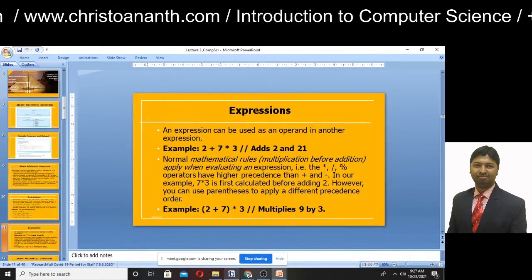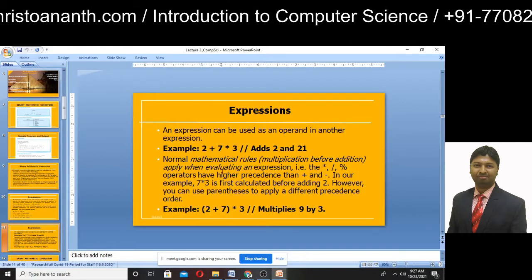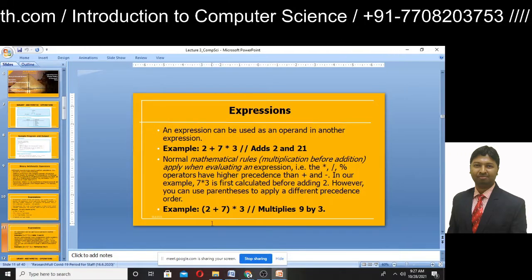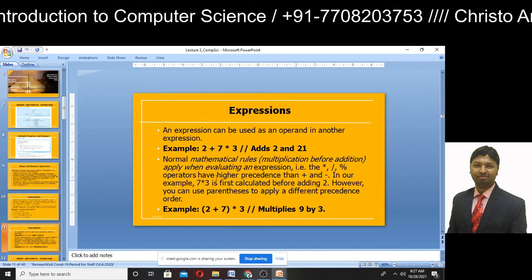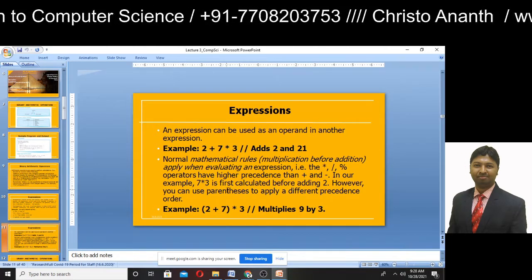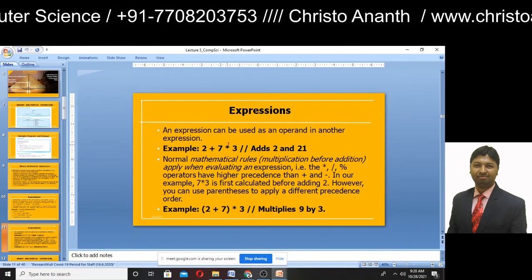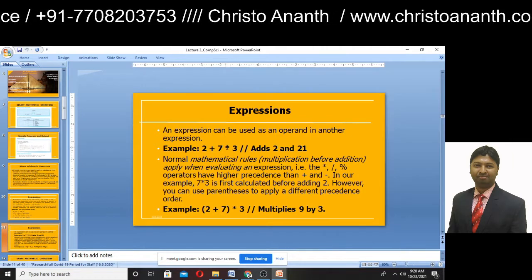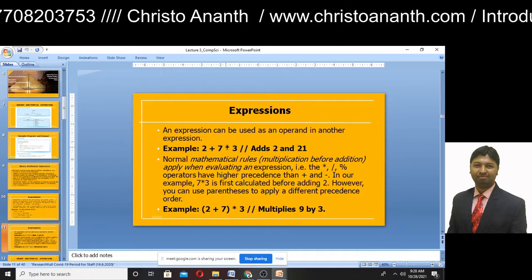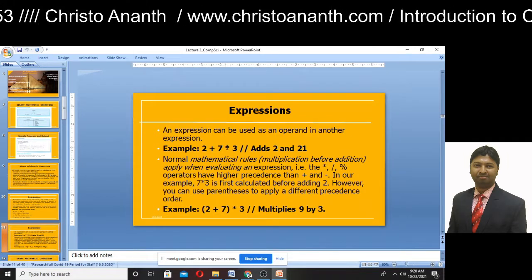Some more examples you can give with expressions, like 2 + 7 * 3 and (2 + 7) * 3. You should apply the mathematical rules. I told you about BODMAS, remember?